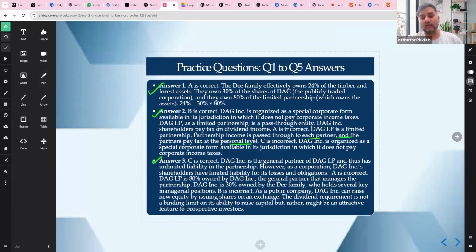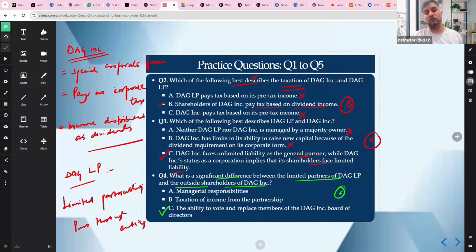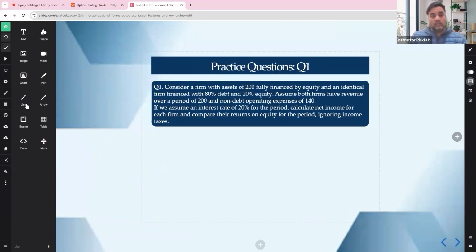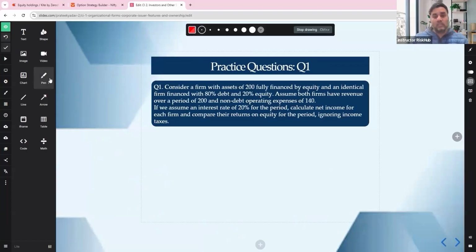Study slowly. Try to understand the difference between all these features, right? Which is your proprietorship, your limited partnership. Let's do the question. This will give you more idea. Again, let's do the question. Consider a firm with assets of 200. Okay, assets are given as 200. Fully financed by equity, right? An analytical firm financed with 80% debt and 20% equity, right? So if I take the equity-only firm,